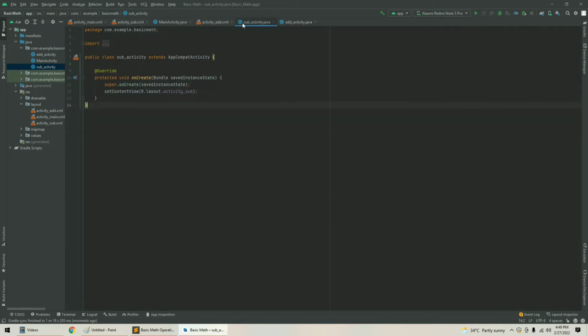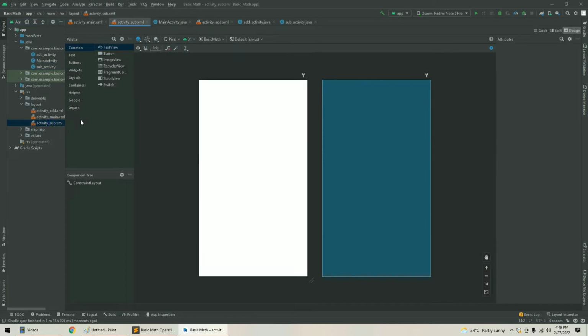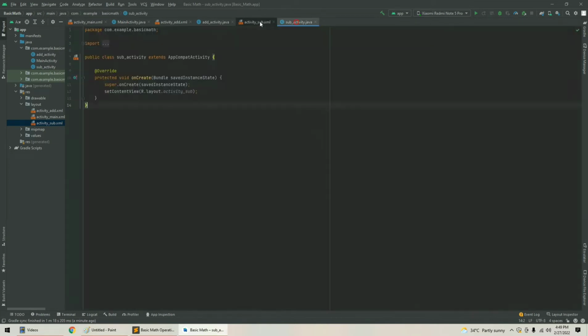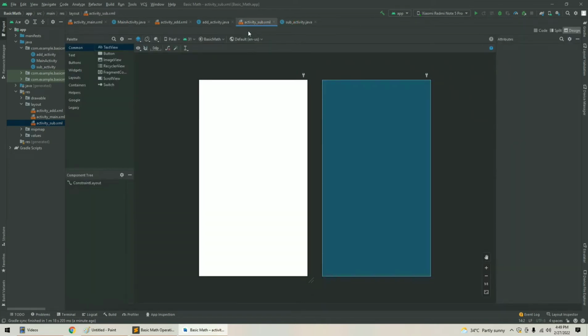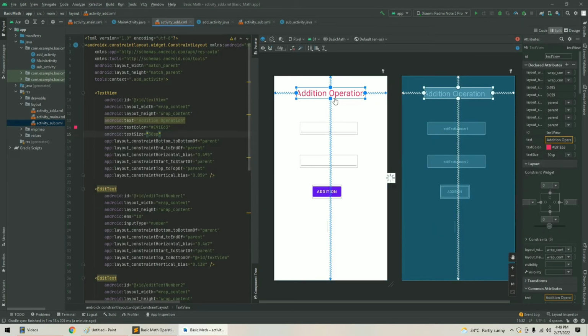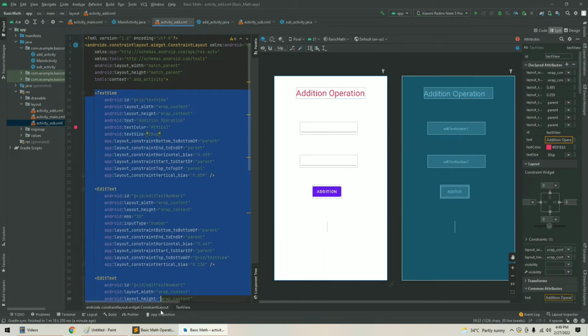Regarding this activity we will have two files. One will be subactivity.java and another one will be activity_sub.xml. So these will be the two files in which we will work. Here in this activity_sub.xml file we will create the GUI first of all. I can just get the contents from this file as it is, and I will try to change them